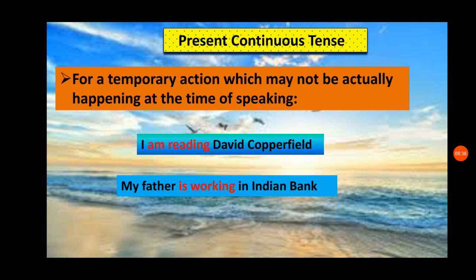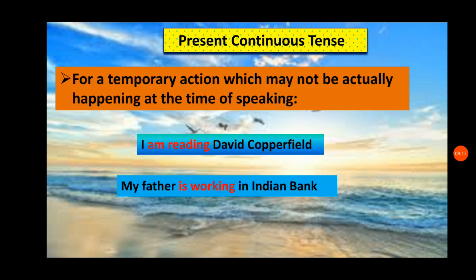So we cannot read a book continuously the whole day. It can be 400 pages or 500 pages or at least 200 pages. So we cannot sit for a long time to read. Today we can read 5 pages or 10 pages or 20 pages. Tomorrow we will read a few pages. Okay. So before this book, in between we won't read any book. So in such case we can take this situation into present continuous tense. I am reading David Copperfield. So David Copperfield is the name of a book.